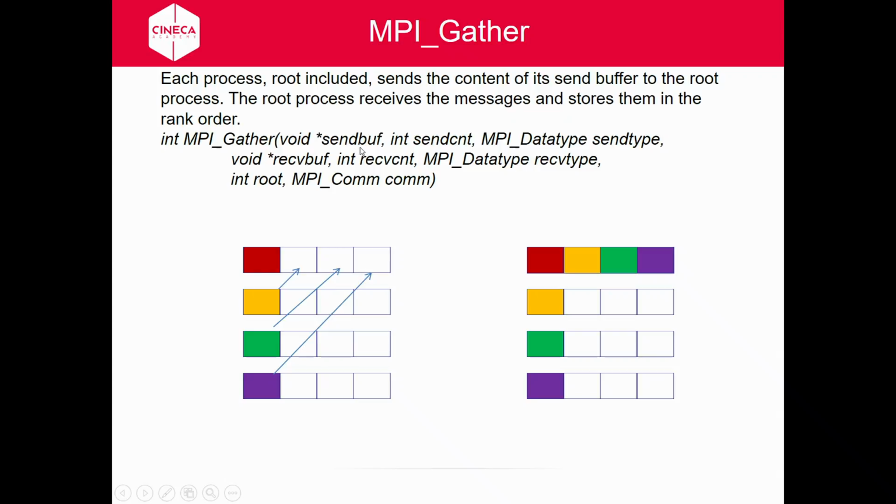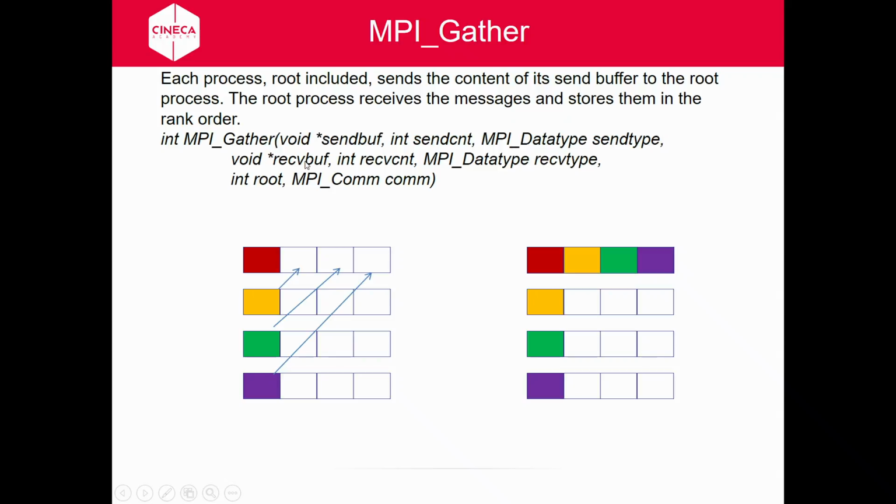The first argument of the function is the variable. The second is the dimension of the variable we want to send. For example, I want to pass 3 elements for each processor. Then the data type,